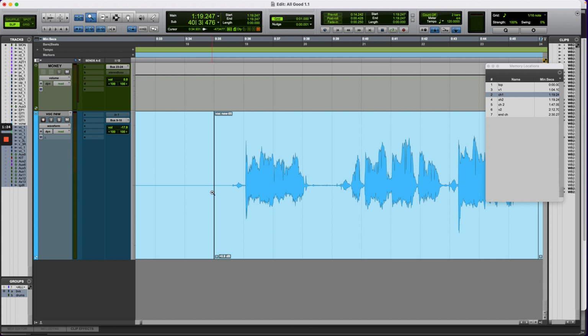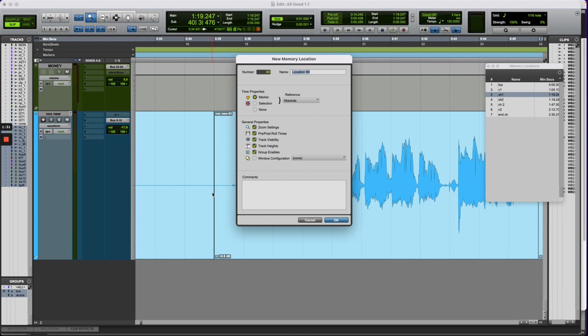And now what we're going to do is create another memory location. So I'm just going to do 99, enter, and I'm going to call it voc edit. Okay, now before I create it, what I'm going to do is change the time property to none, and I'm just going to make sure everything here is selected. Now, this creates a memory location which isn't linked to a location,